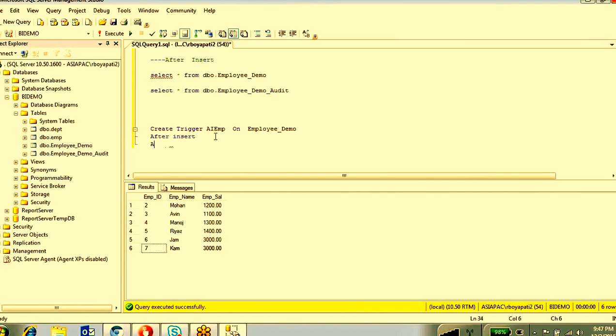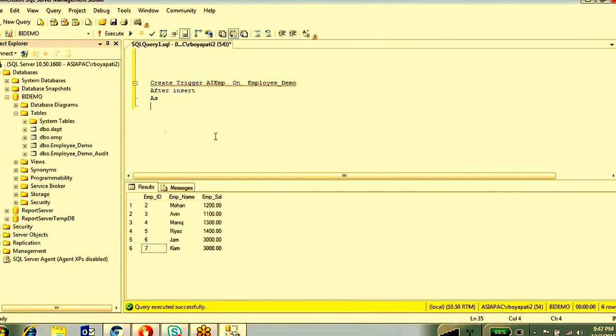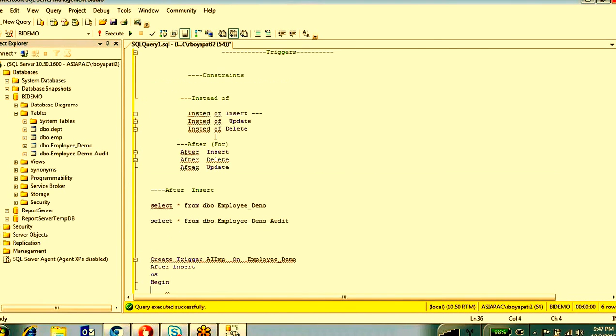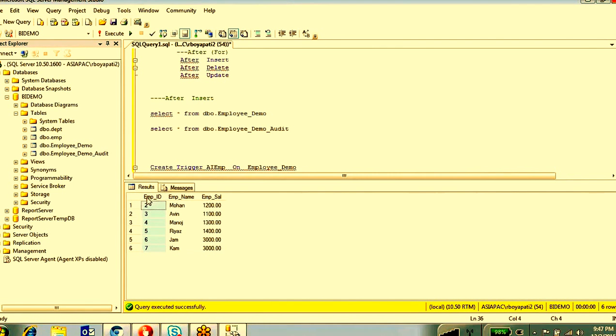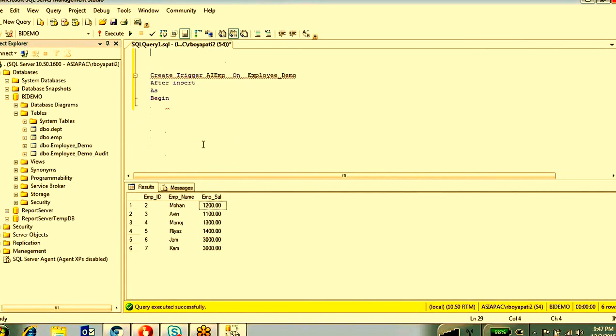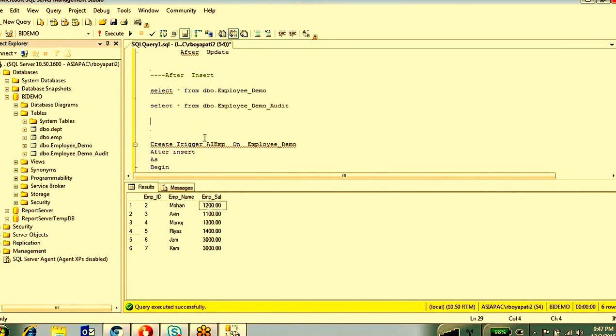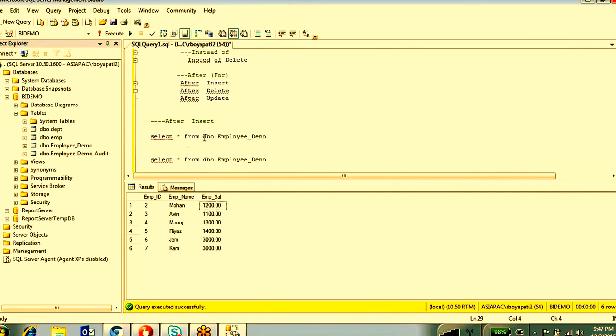Okay, yes, begin. So if you observe here, there are three columns in this particular table. I want to insert this data into this table.